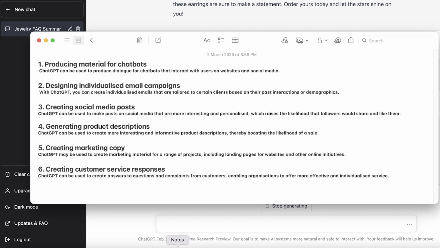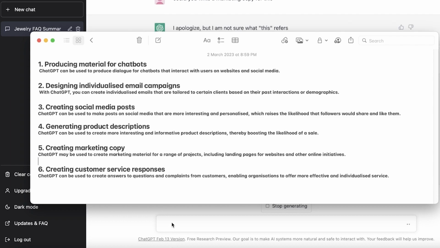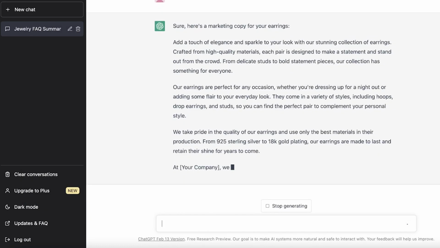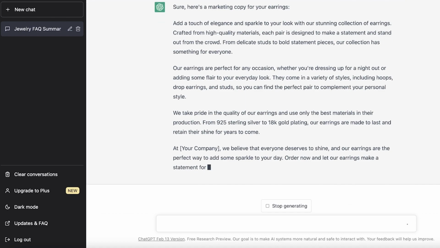Now, moving on to our next and last way to automate our marketing is creating customer service responses. These are super, super important because complaints from customers need to be addressed as soon as possible. And you can use ChatGPT to create those responses.